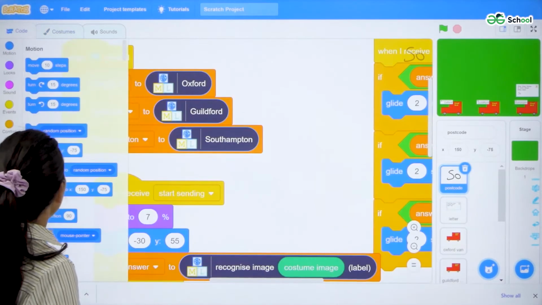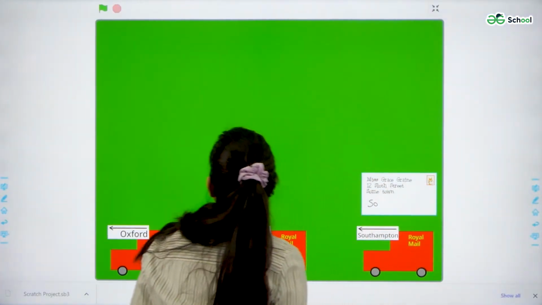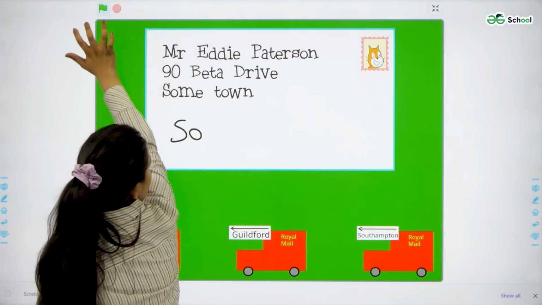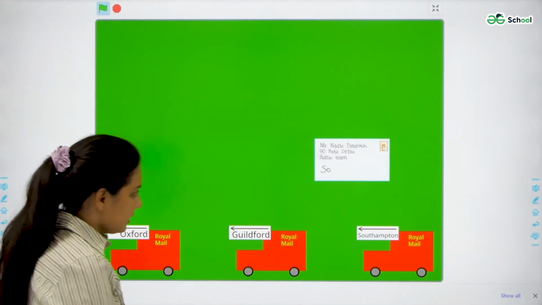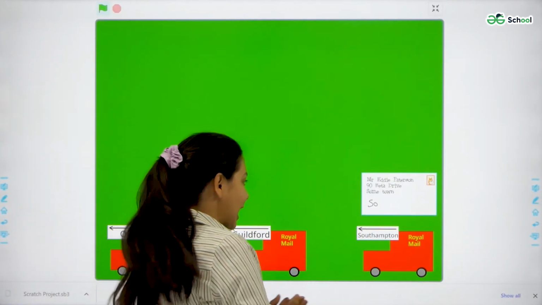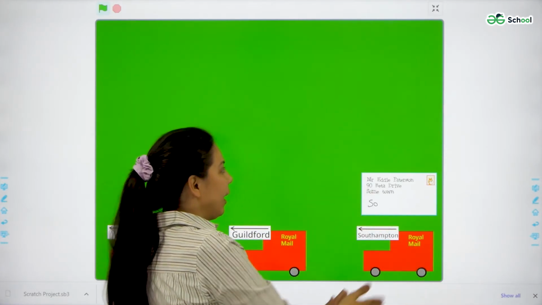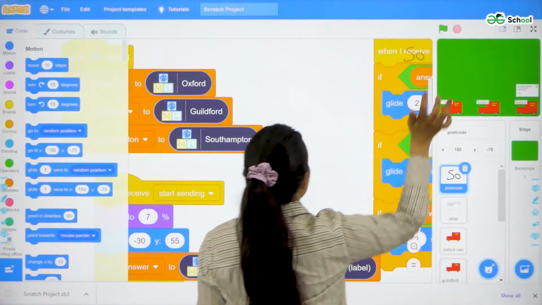Let us go back to our code and check if my project is running. Okay, so click on the stamp and let us see. So my model recognized the postcode SO, and yes, it is going to the right van. Let us check for another postcode as well.